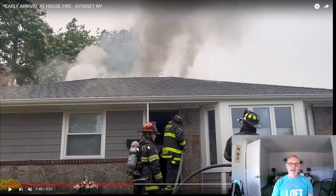And they're inside there. The visibility is great. Gives us an opportunity to do a little bit of work, especially with a fire that's in a relatively early stage like this. We have just a little bit of time. I'm not talking minutes, but we have a little bit of time to do a quick search in there. That sort of thing, and to get this fire under control with the proper tactics and strategy as outlined in your department SOGs, right? So from a reading smoke perspective, moderate volume of some turbulence, some laminar, thin, right, relatively